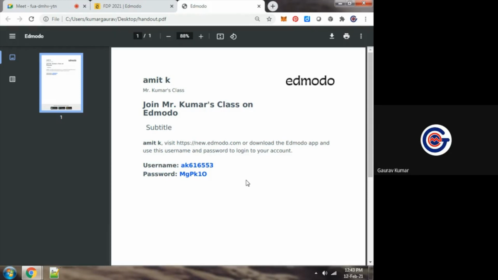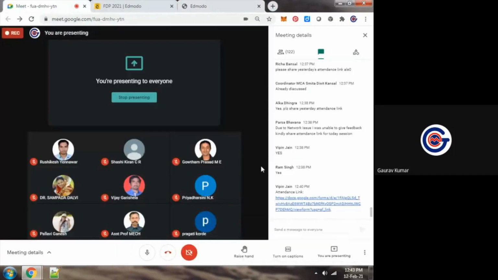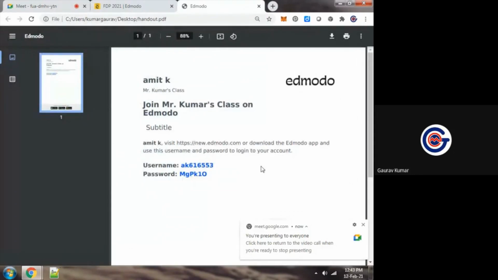We can give it to them, and they will also receive a mail notification on their mail account that this is your username and password. Is this visible to all of you? Whatever account we create, a corresponding enrollment sheet will be generated that we can share.